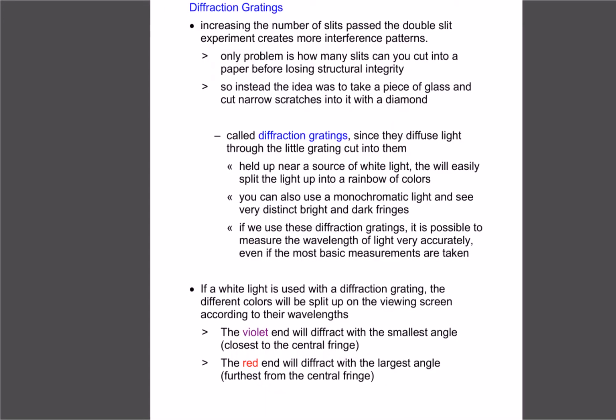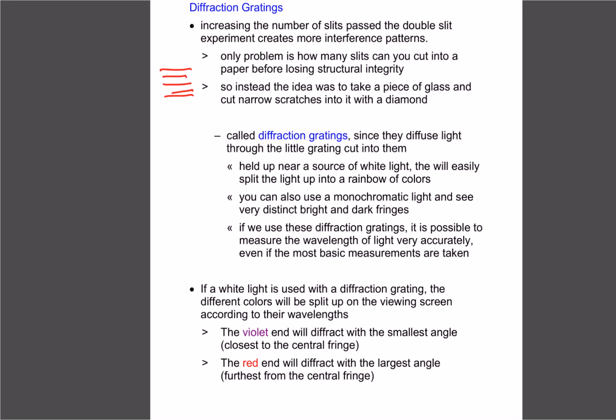So a diffraction grating then is basically what we find out is the more slits we have, the more interference is going to occur, and the more interference we have, the better it's going to create the pattern. So if we only have 2 slits, you're likely only going to see 1 or 2 lines. If we have 3 slits, 4 slits, 4 million, the more you have, the better it's going to get. The problem though is